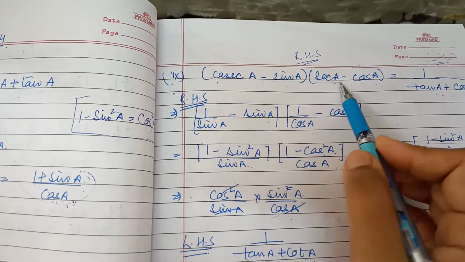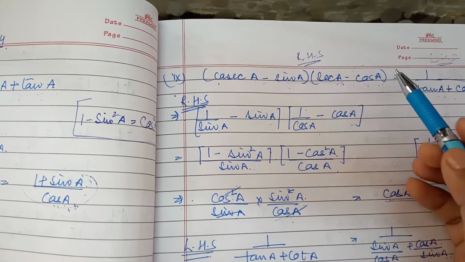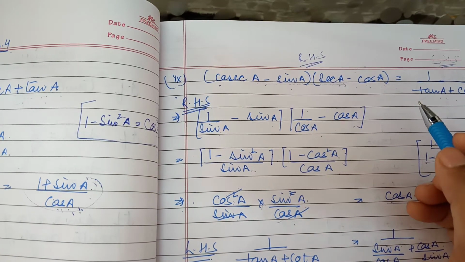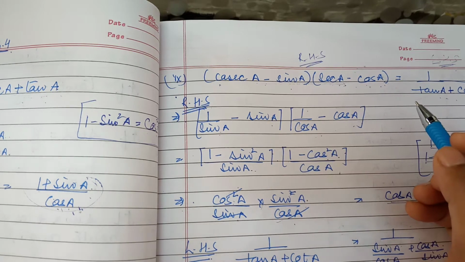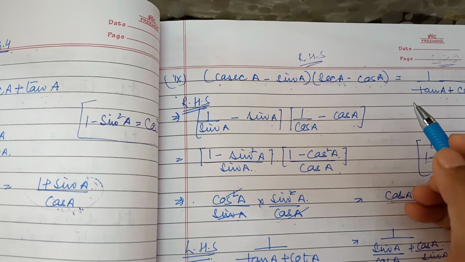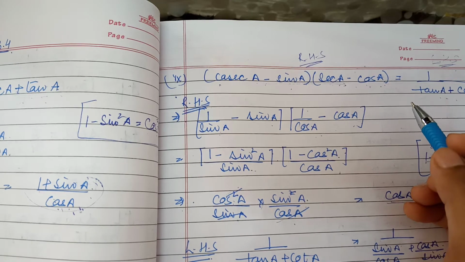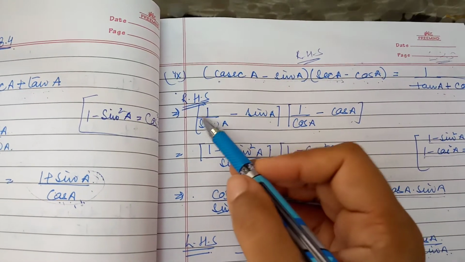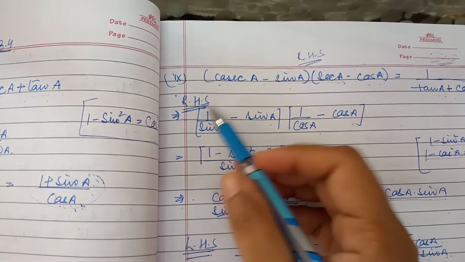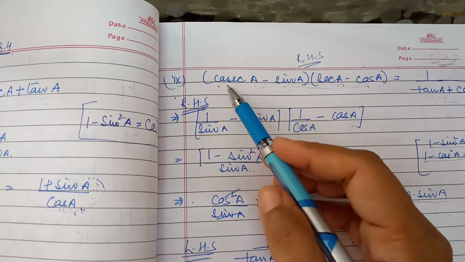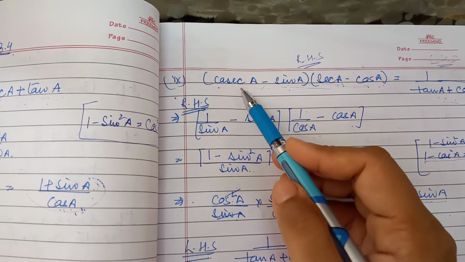Here we have two parts, left hand and right hand. So in this question what we have to do? We have to simplify both the parts. Yes students, we have to simplify both the parts. First of all we simplify the right hand side, or you can solve the left hand side, and then we have to solve the other part, and then prove that both of them are equal. So here I am taking the right hand side. So how can we do that? This is the right hand side and this one is the left hand side. First of all, let me start with the right hand side.